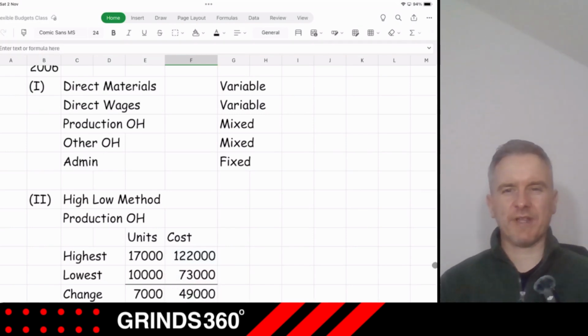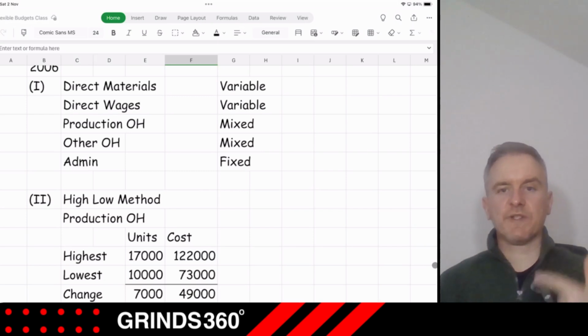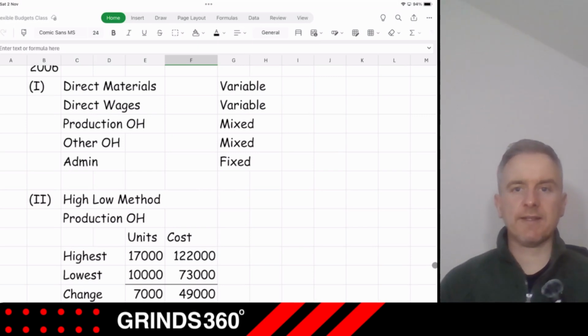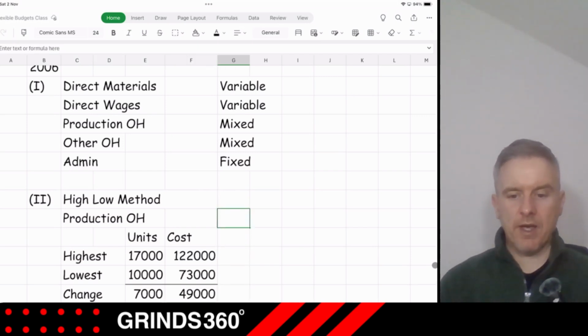So think about that for a second. You produce 7,000 units more and your cost goes up by 49,000. So you're basically saying, what's the change per unit? That's what your variable cost is. So the change per unit, the variable cost,